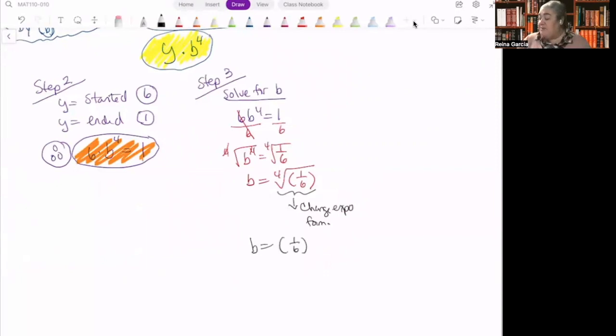I raise it to whatever power it's being raised to under the radical, and that becomes my numerator, so that's 1, over whatever root I'm looking for, which is the 4th root, that becomes my denominator, which I can enter into Excel as equals, parentheses, 1 divided by 6, that quantity being raised to the power of, parentheses, because I have a fractional exponent, 1 divided by 4, close the parentheses, hit enter. And Excel tells me that b is approximately equal to